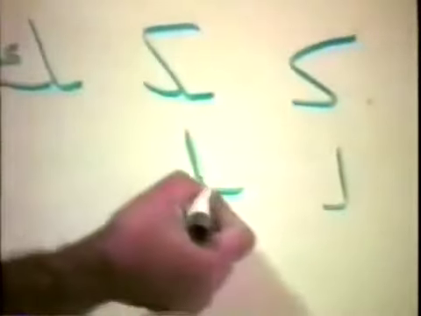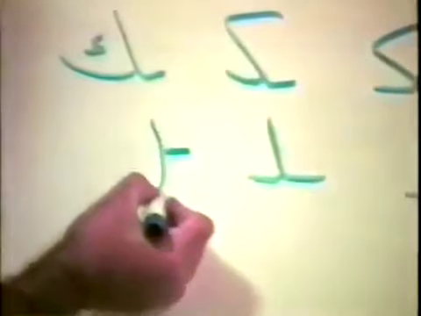The next letter is Lam. L. Looks like this at the beginning of the word. Looks like this at the end of the word, in the middle of the word. And now you know why the letter Alif, see down here, the letter Alif cannot be connected from the left. Otherwise, you'll confuse the Alif and the Lam. So the Lam, L, can be connected from both sides, but not the Alif. At the end of the word, the Lam looks like this.